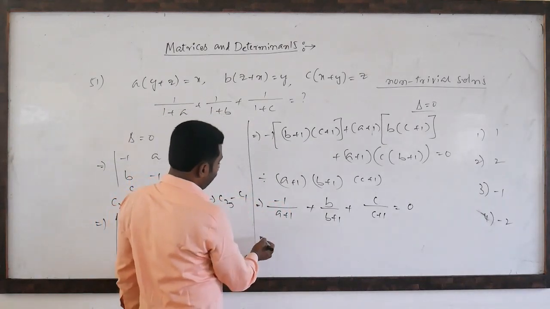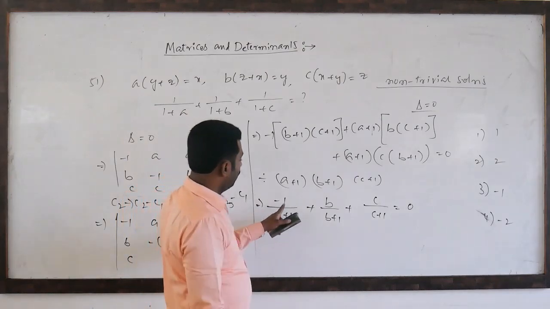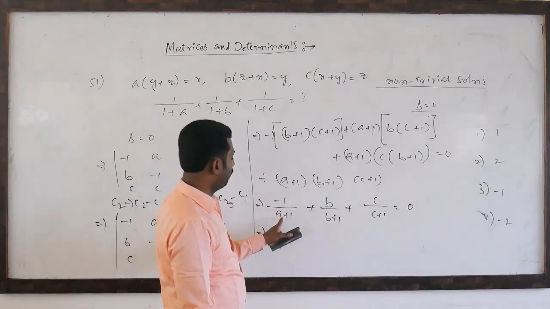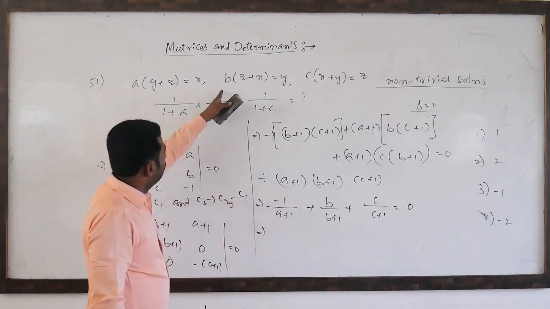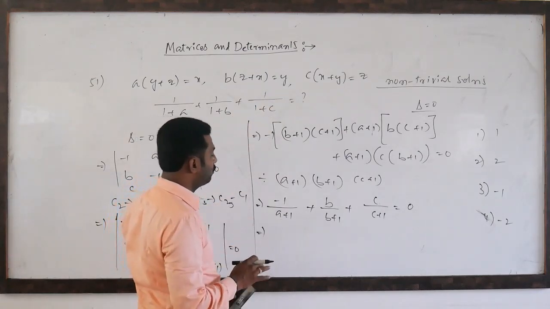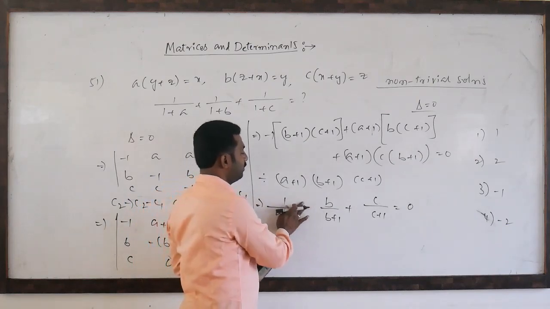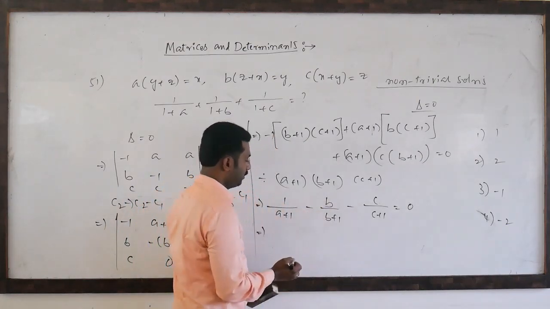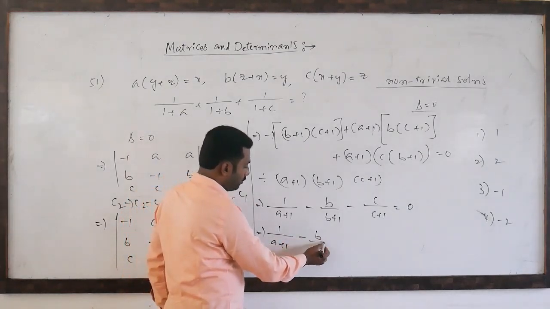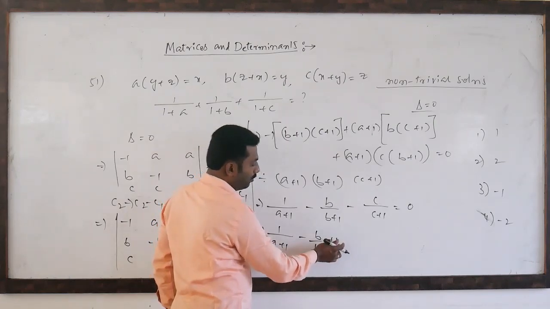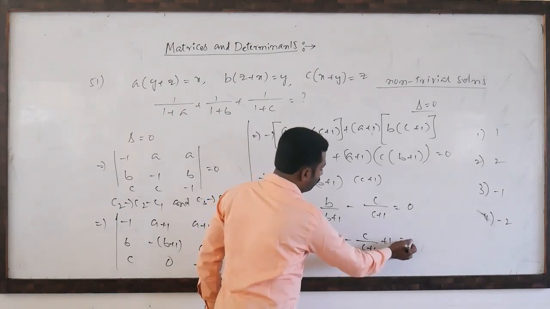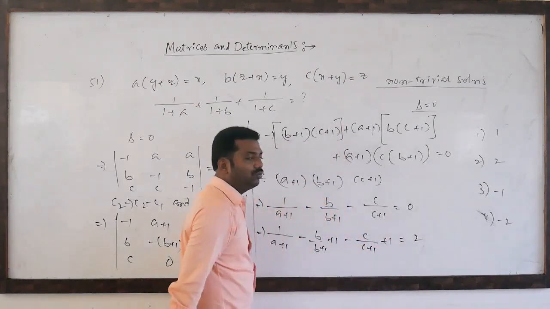So finally, you observe, this is minus. You take the left side, which means minus (1 by A plus 1, 1 by B plus 1, 1 by C plus 1), they are asking. So multiplying with minus 1, see here, this is plus, minus minus. So 1 divided by A plus 1, minus B divided by B plus 1 plus 1, 1 adding, minus C divided by C plus 1 plus 1. So here, 1 adding means on both sides 2 we are adding.